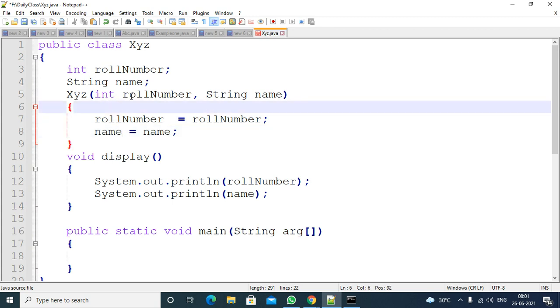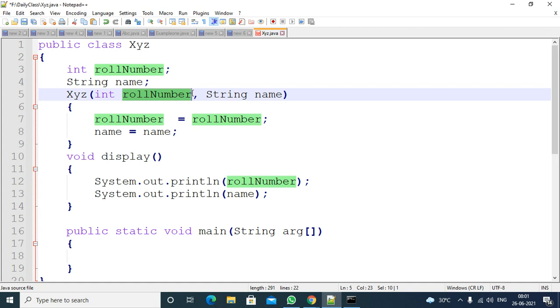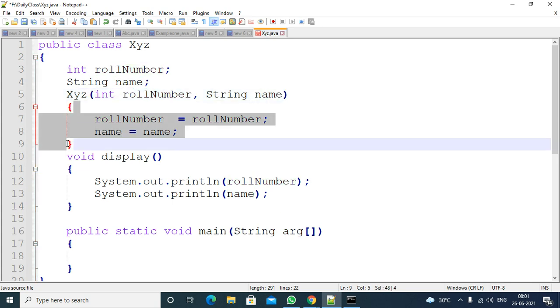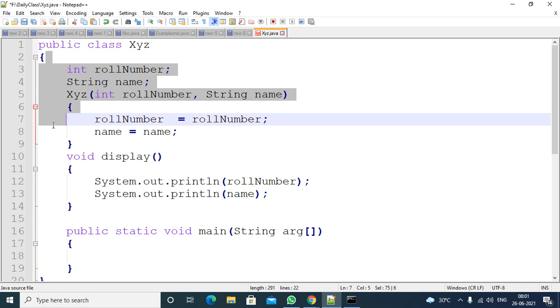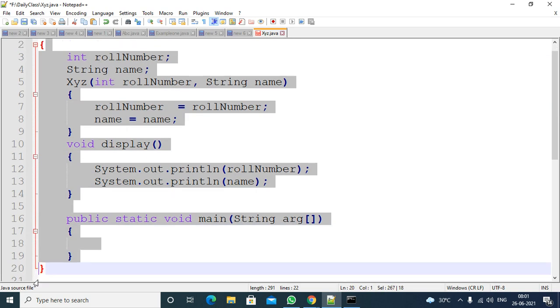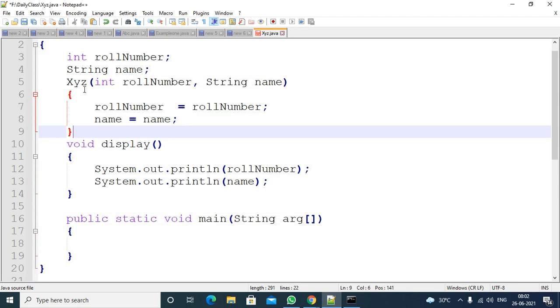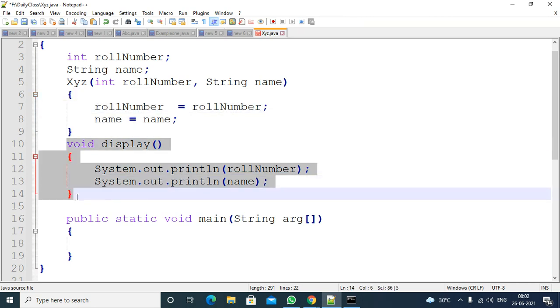In this case, observe, this roll number is a local variable and this name is a local variable for this constructor. This roll number is an instance variable, this name is an instance variable. Those are available up to the object level, but these variables' life will be up to this constructor only. After that I am using a method to display the content.